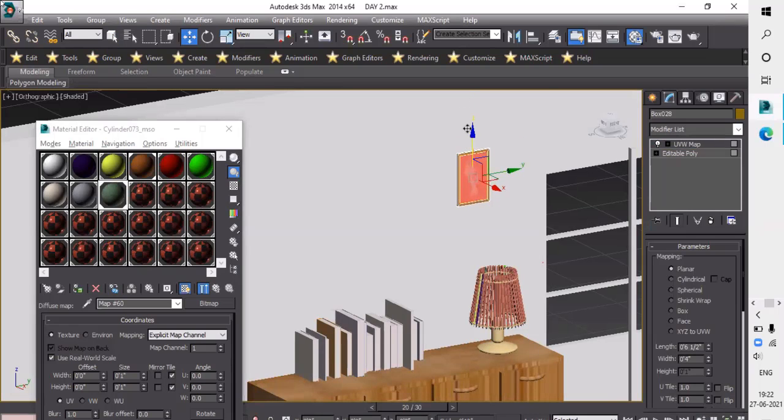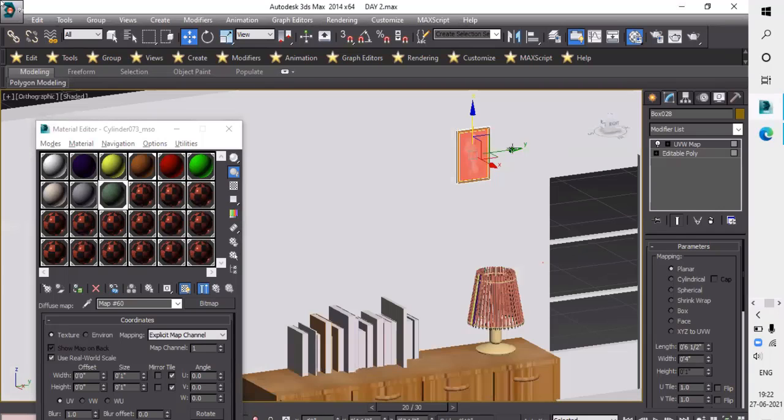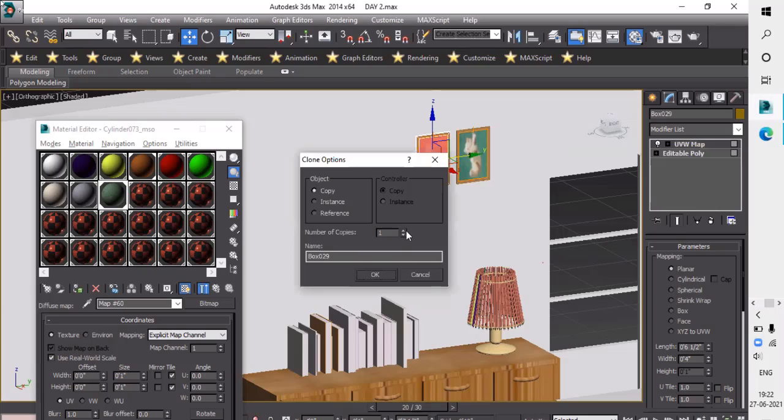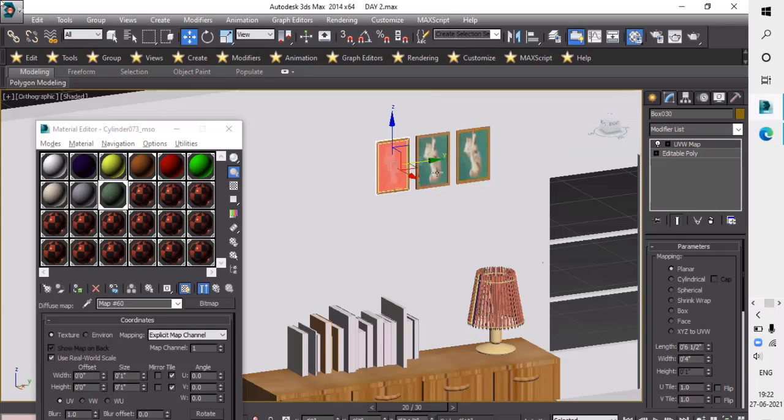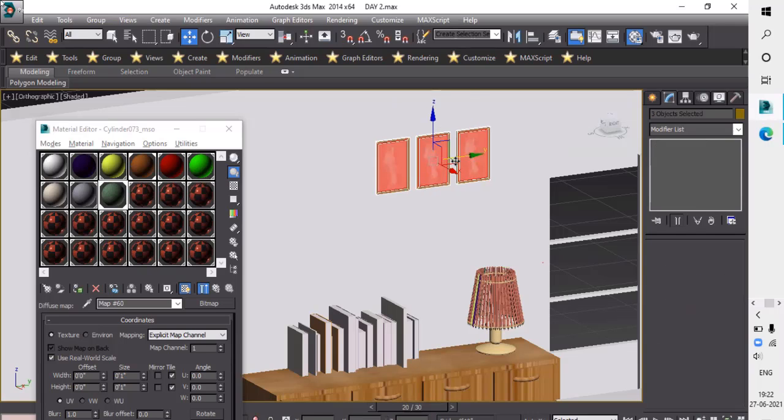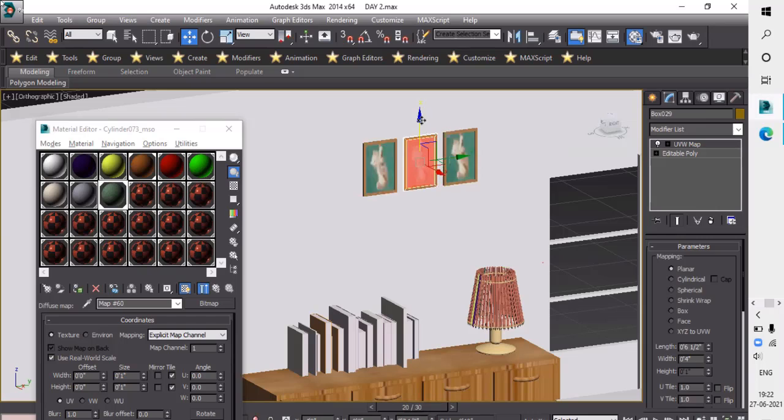So I will place it like that, shift, drag. I want 2 frames, so that's why I'm taking 2 here. I place it a little bit downside, and if you are seeing there, it will look like that.